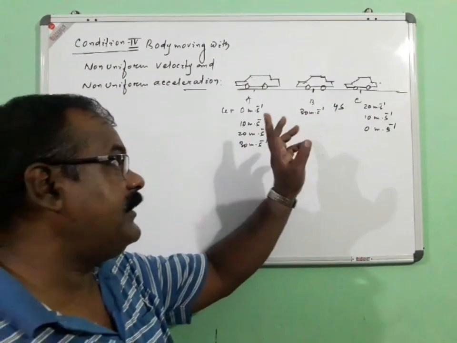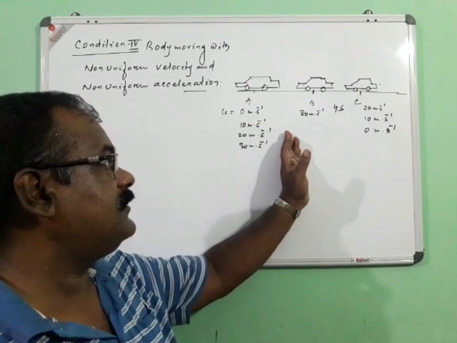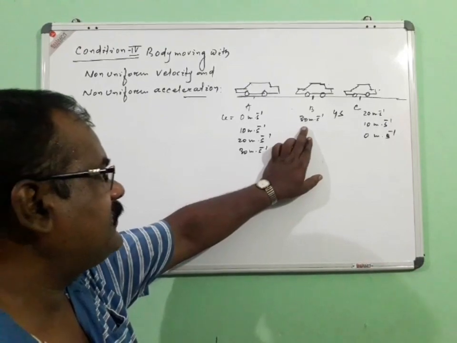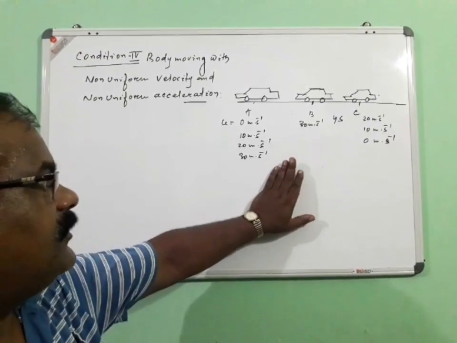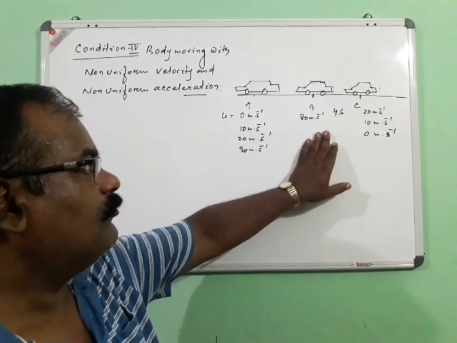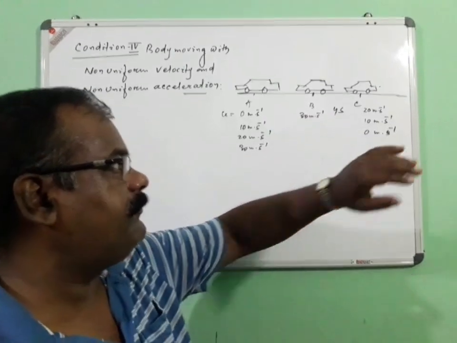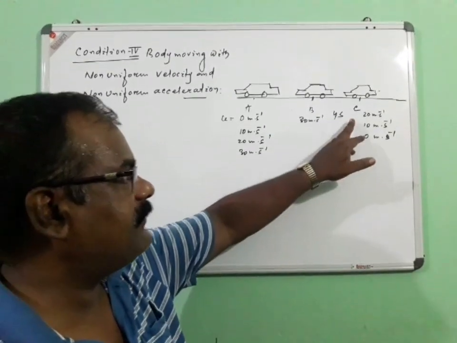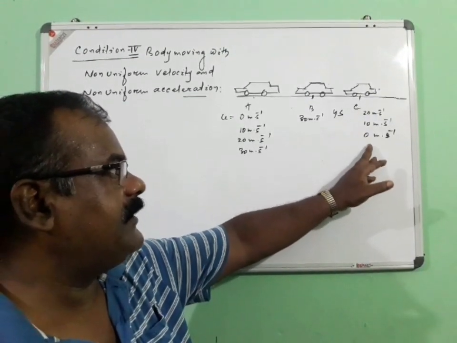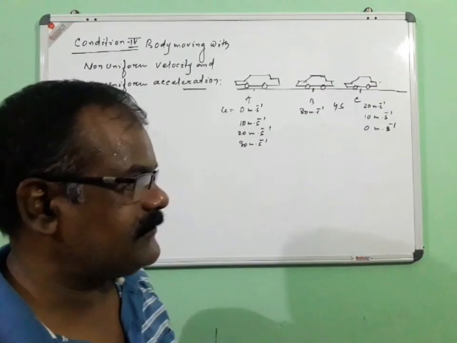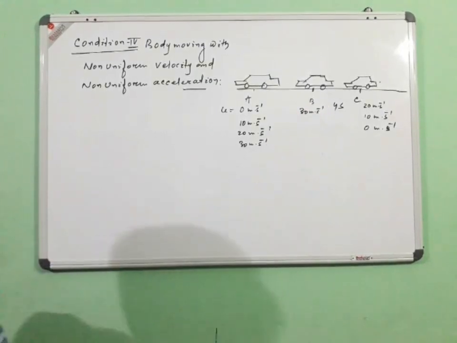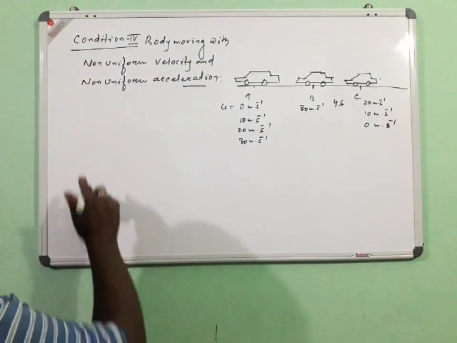First it started from A, where it was at rest, and took approximately 3 seconds to reach a speed of 30 meters per second. Then, without changing the speed, it moved continuously for 4 seconds, and thereafter it gradually decreased by the application of the brake, and finally after 3 seconds it came to rest again. Now suppose this is a case. In this case, if we draw the graph, what will be the nature of the graph?